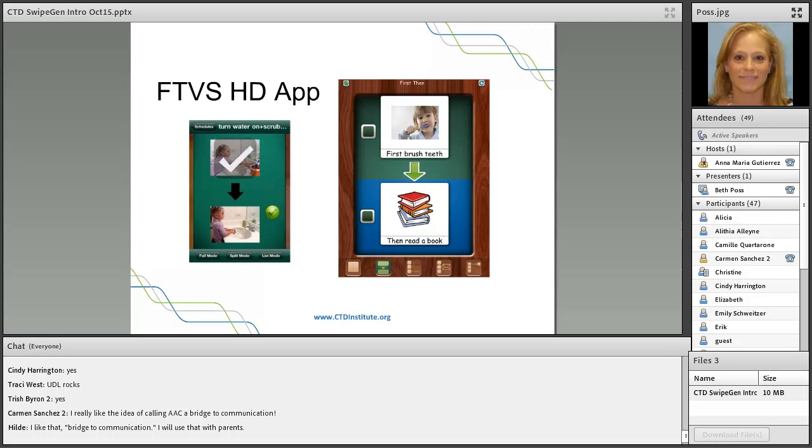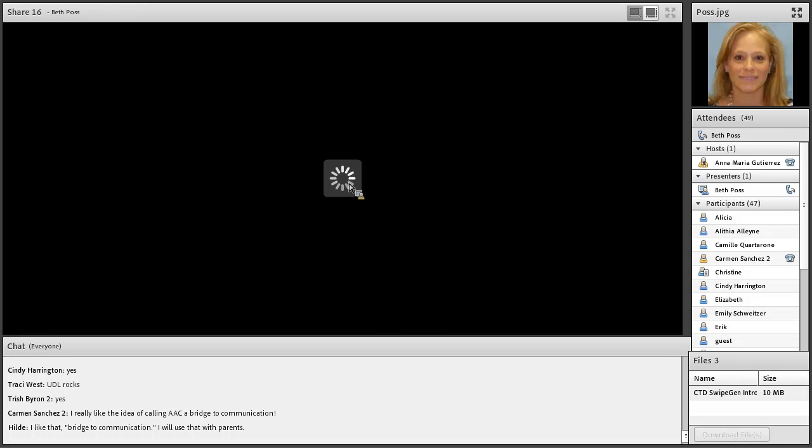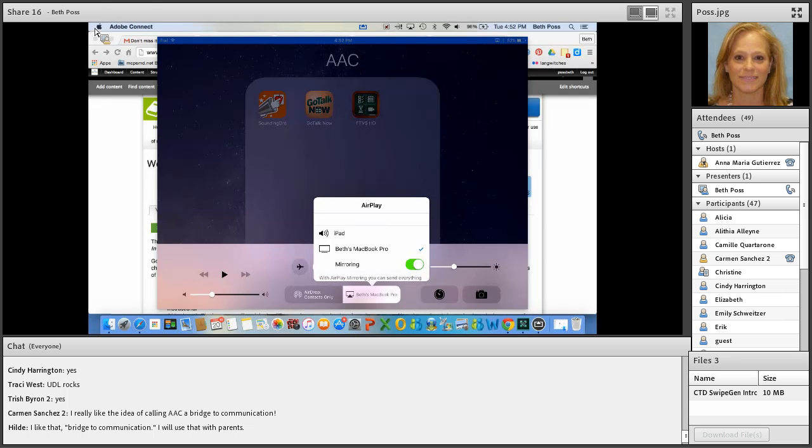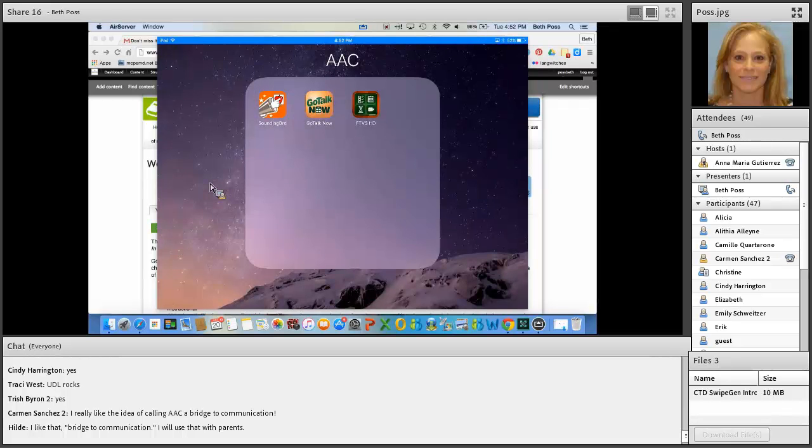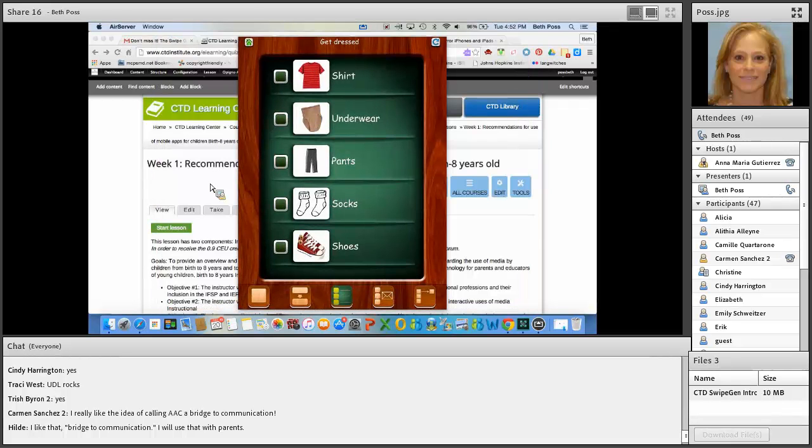My fingers aren't swiping. There we go. Okay, so I'm going to share my screen with you one last time today. Actually, I'm going to lie, because I'm going to pull up my Pinterest page too. So I'm going to share it with you one other time after this. You should be seeing my screen right now, and we're going to go into